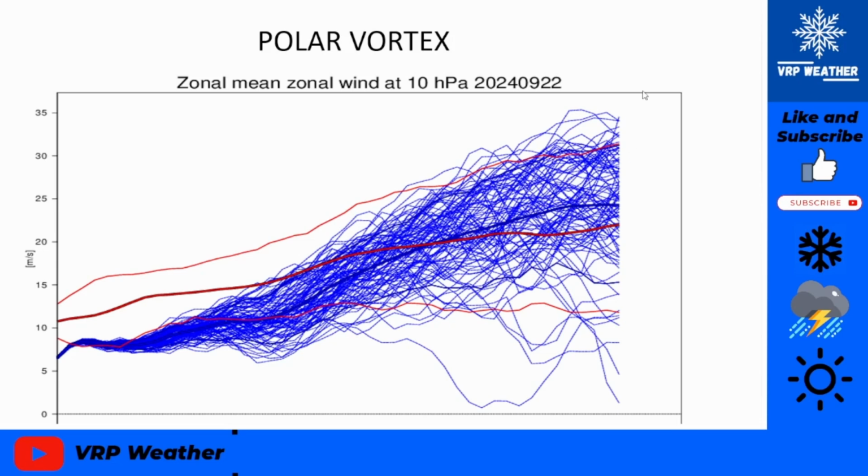So it's something to keep in mind that right now, yes, we have a weak polar vortex, but that doesn't mean we're going to have a weaker polar vortex for the rest of winter. Just in case you guys were wondering, a weaker polar vortex tends to bring more cold shots and snow for the lower 48, rather than a strong polar vortex, which bottles up all that colder air in Siberia.